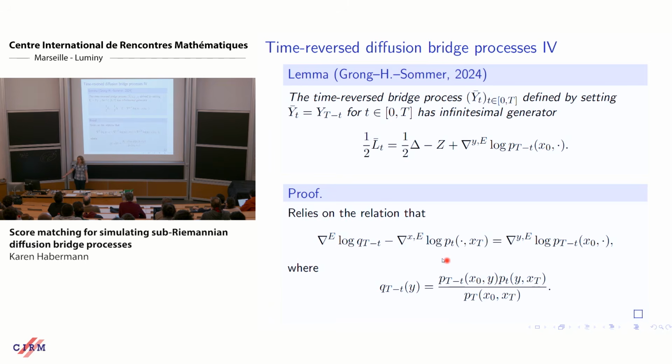And then it turns out if you take the log gradient of this, which is a term you obtain when you reverse the process, because if you reverse the process, you get another drift which ensures you really end up at the starting point you want to end up with, then they just cancel in a very nice way, and you end up with this log gradient.